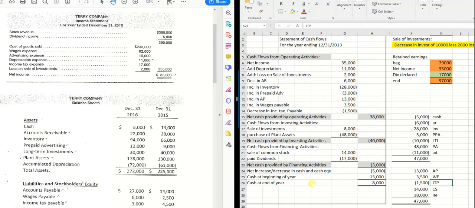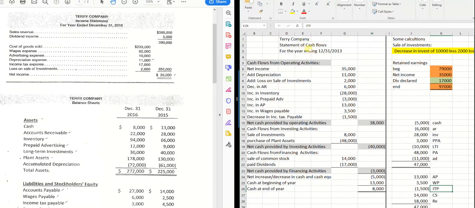Okay, I'm going to go through the Terry Company. You have both the solution and the problem on Moodle. I'm just going to walk through how you do it just for some practice. So remember that you need the name of the company, so Terry Company, statement of cash flows or cash flow statement, and it has to be for the year ending December 31st,